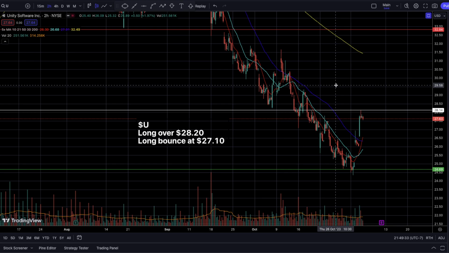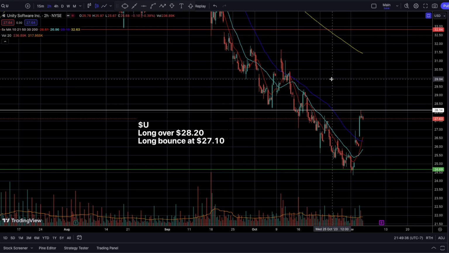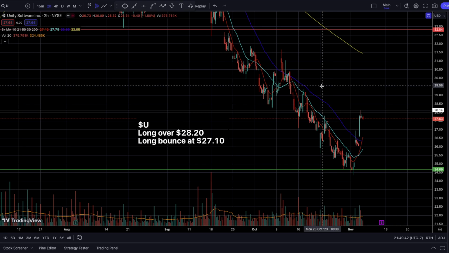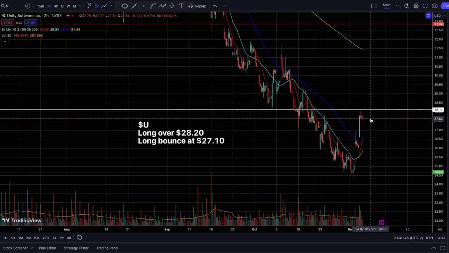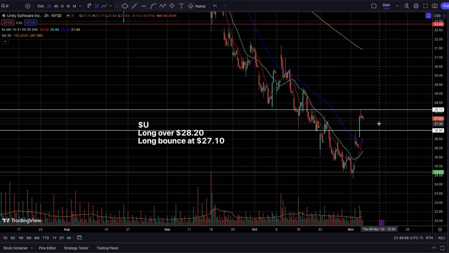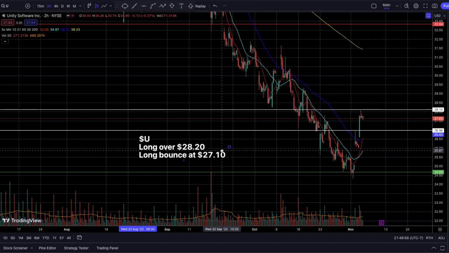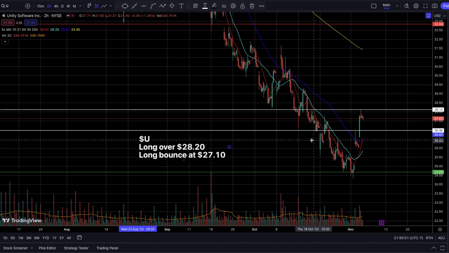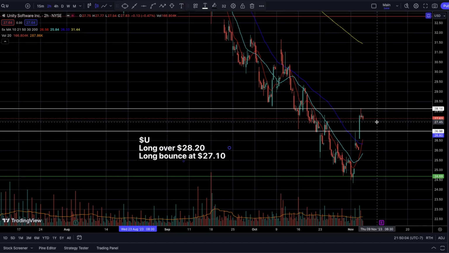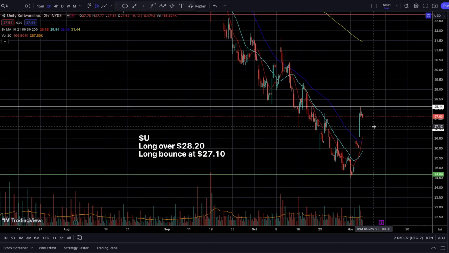Now, if this name decides to pull back, which I think it will on Monday or Tuesday, whether or not the market decides to pull back on Monday or Tuesday, I wouldn't know that. We should be seeing Unity coming back down and retesting a previous level of intraday resistance and previous support as well. And that level here is at 27. That's the reason why I gave you guys the second entry, a long bounce at 27.10. All right, and that will give us that official confirmation to see a bounce at 27 and get that long entry at 27.10 as the price passes that specific number.